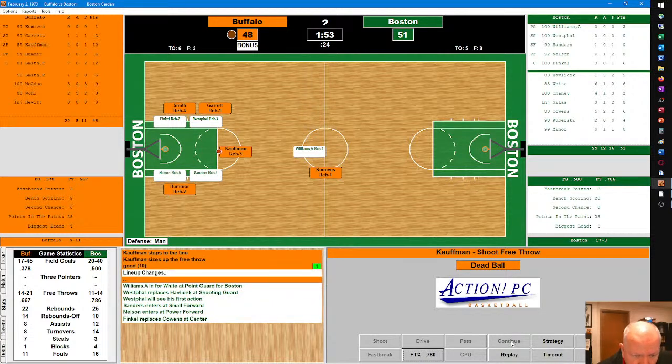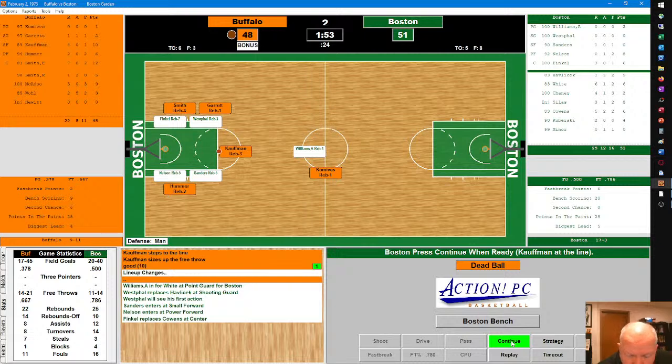And into the game for Boston is the rookie Paul Westphal. Paul Westphal would go ahead and have a magnificent career, although he didn't see a whole lot of action in his rookie season with the Celtics. Multiple substitutions for the Celtics. In fact, they've got the full second unit in the game now with Art Williams and Westphal in the backcourt. The veterans Tom Sanders and Don Nelson as the forwards. And the very popular Hank Finkel at the center position.